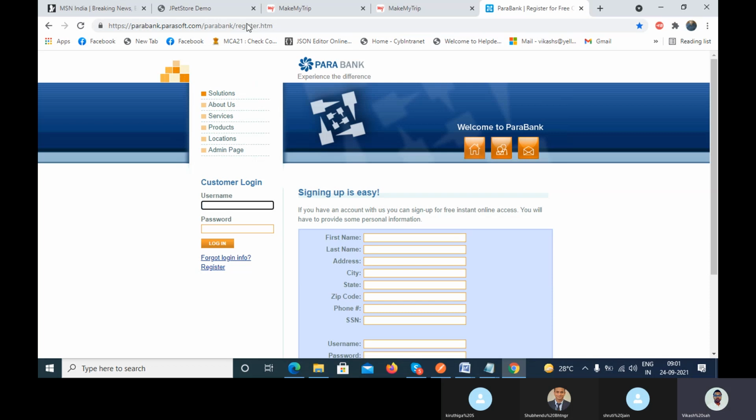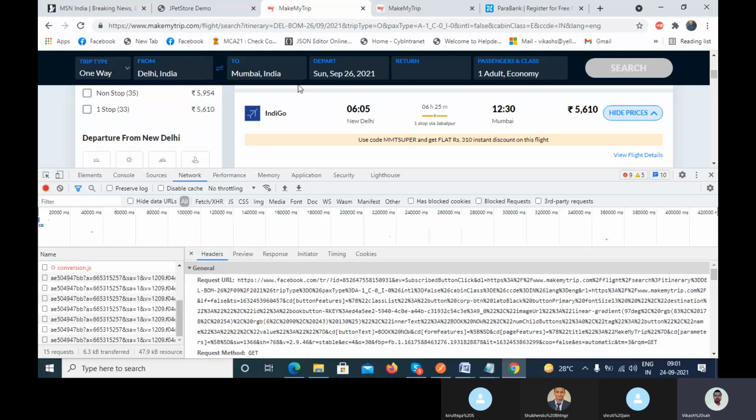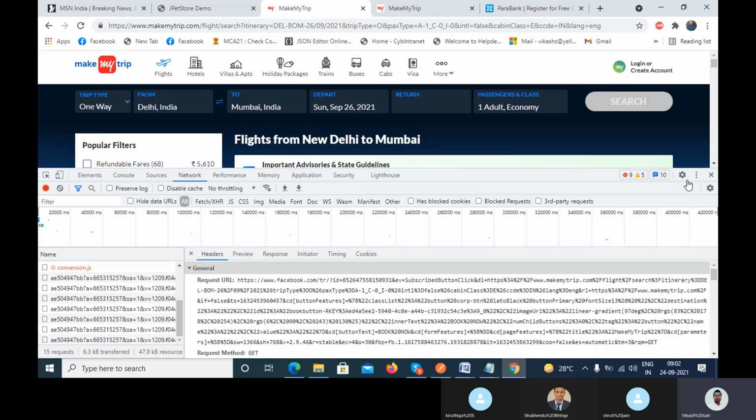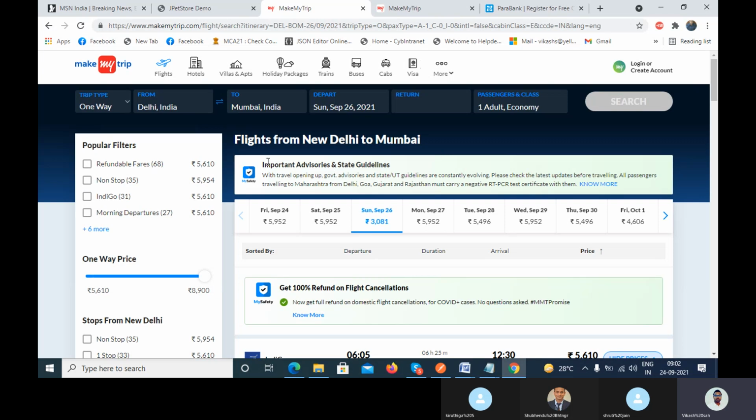Let's suppose I have not used MakeMyTrip, but I can say that in MakeMyTrip I worked on the REST API web service for different modules. If I represent MakeMyTrip as a backend project, how can I represent it, even though I have not worked on it? You can say that you have worked on the MakeMyTrip REST API project, where there are multiple modules like flight, hotels, villas, apartments, and train. Each module has different features.